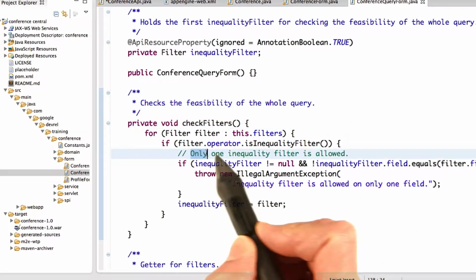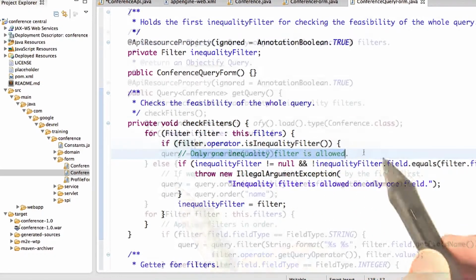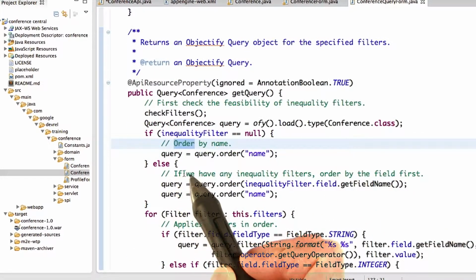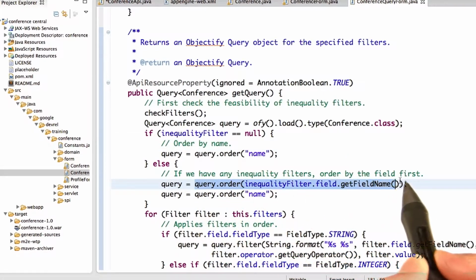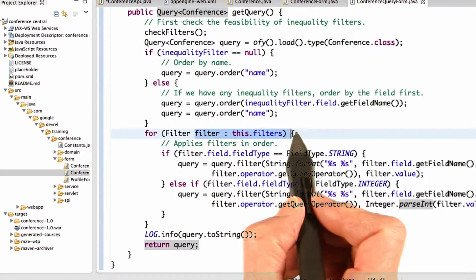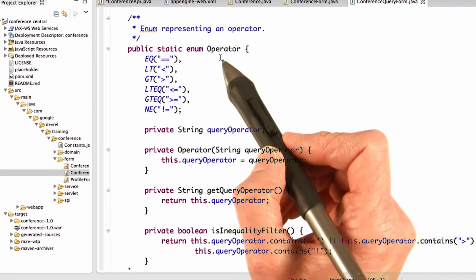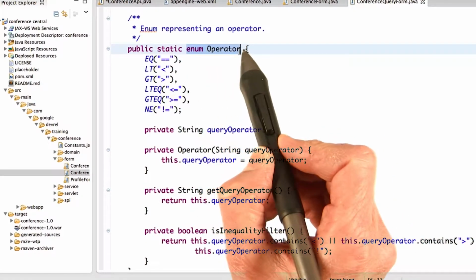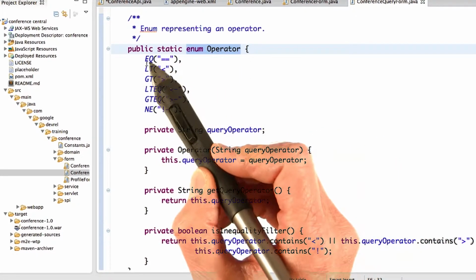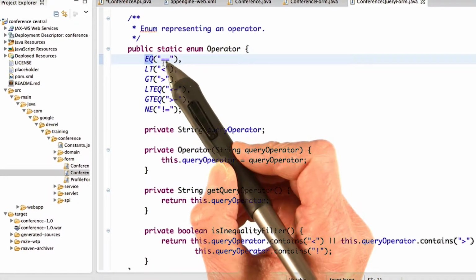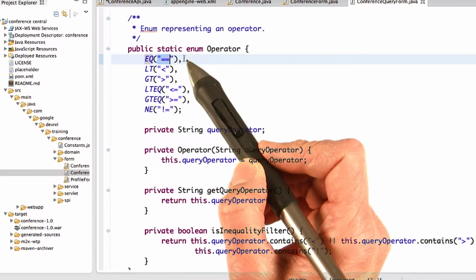Make sure that there's only one inequality filter in it. It also checks if you have an inequality filter to make sure that the sort order is in the right order. Then it adds each filter in turn, constructs the query, and returns the query. One other thing I want to bring to your attention is this enum here that defines the operators. And you see EQ is defined to be equal to equals, and we're going to see how that is used